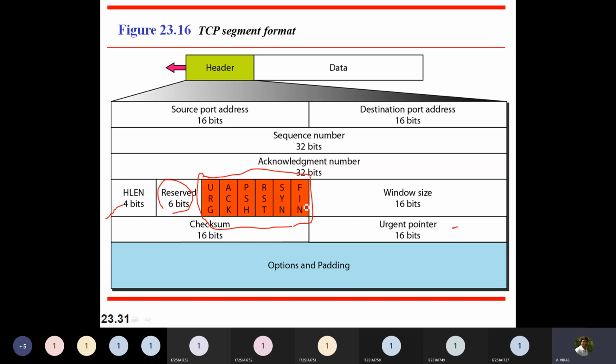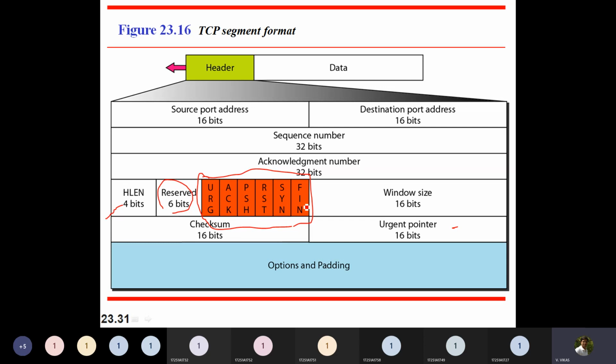The first one, URG, is the urgent flag. For example, I have sent some data, and I am asking a particular server to sort all the data which I have given. Later I found that the data I sent is not the correct data.